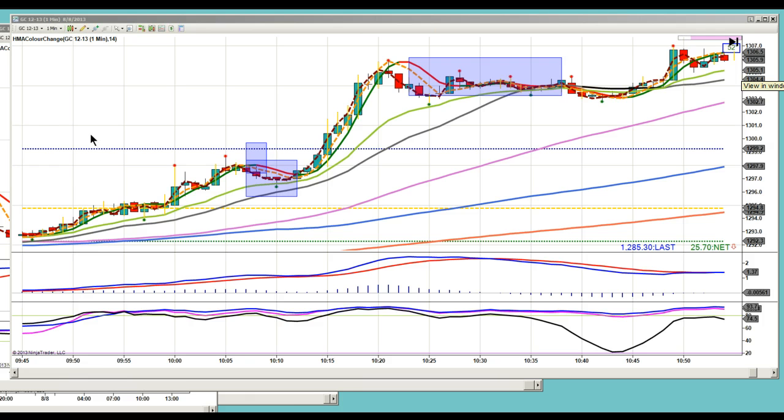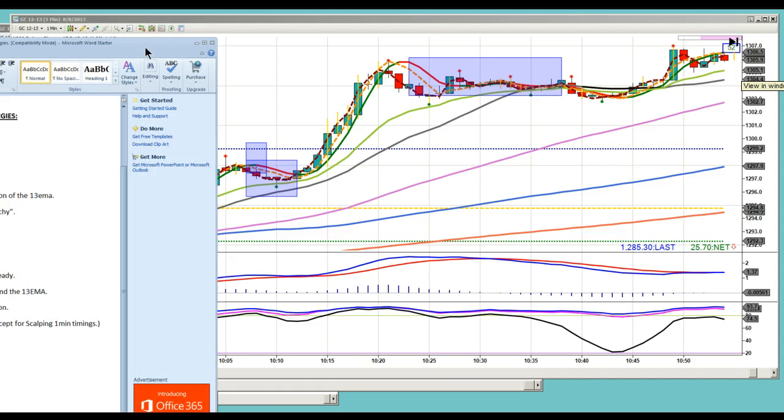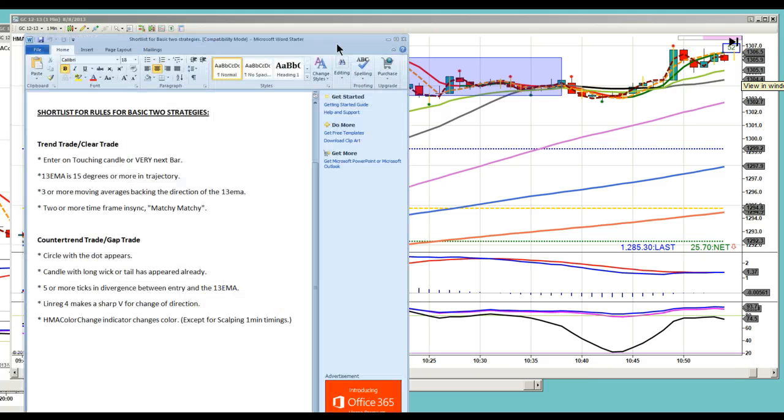Okay, so retracement versus reversals. I want to cover the basic rules because we do have a lot of new people, and so I want to make this part really quick because I want to get into more detail. So when we're looking at the counter trend, what essentially we're focusing on is the timing of entry. And the first thing we're going to be looking for based on the 1-minute chart is the circle with a dot,